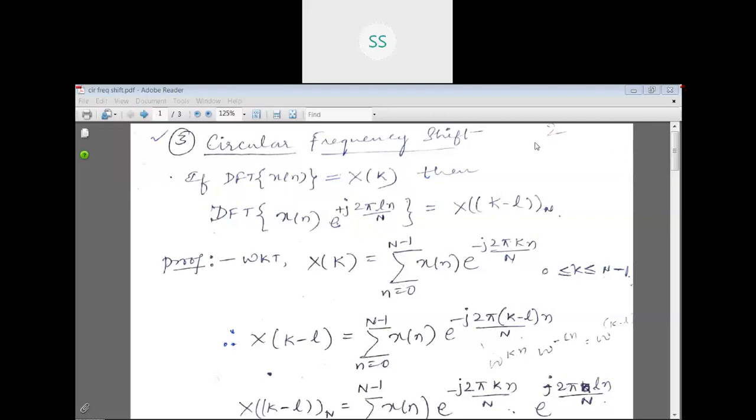So it is another additional DFT property, that is circular frequency shift. So the definition of this particular property you can see like this. If the DFT of x of n is X of k, so this we know, then